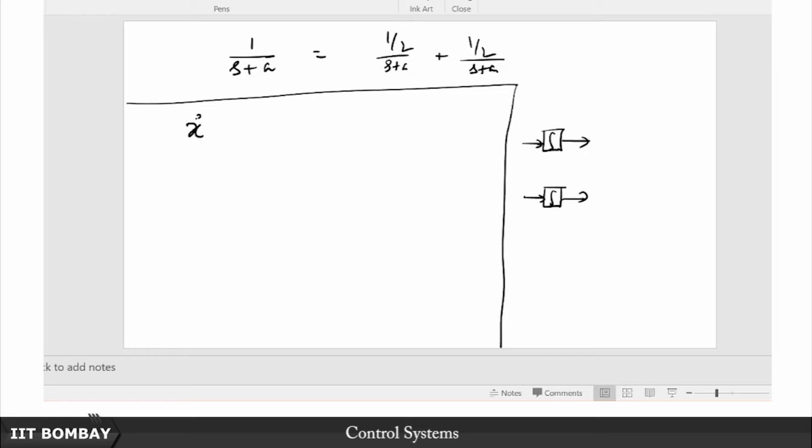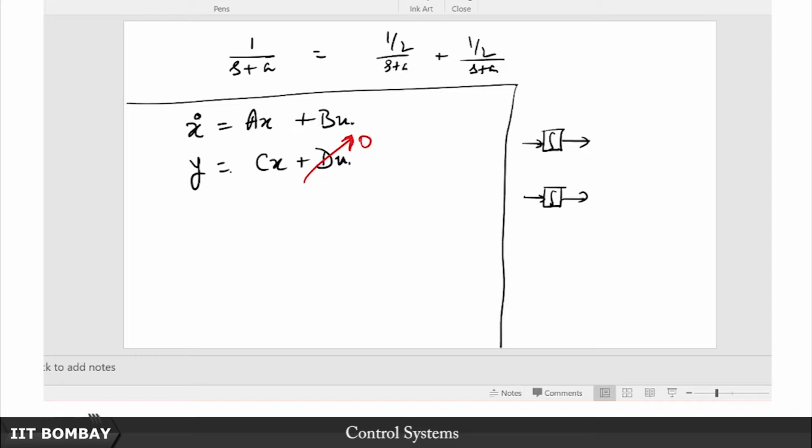We have x dot is equal to Ax plus Bu, y is equal to Cx plus Du. Now remember that more often than not we will assume that this Du part is missing, so there is no feedforward, so we will assume that this is 0. You will see later on that even if it is not 0, it really does not make too much of a difference.